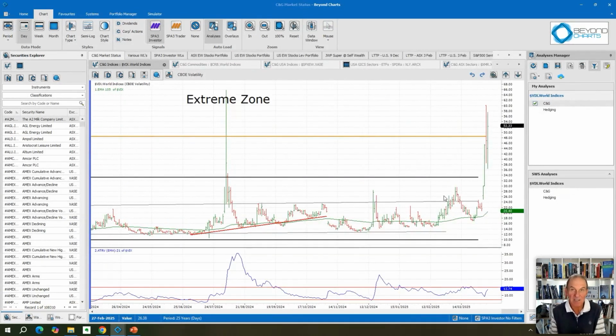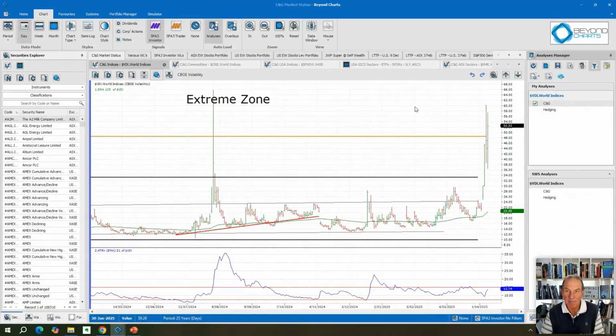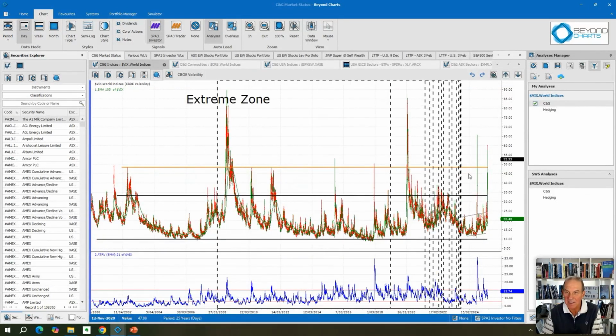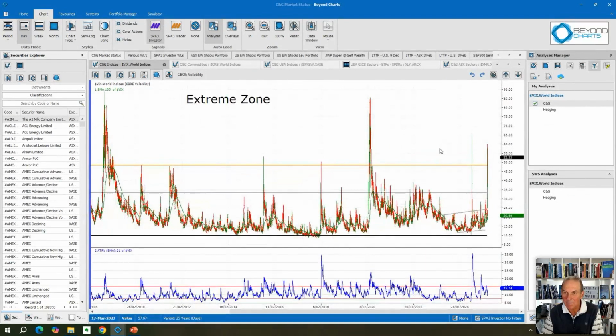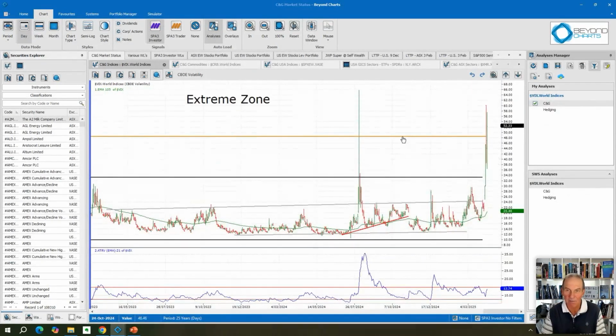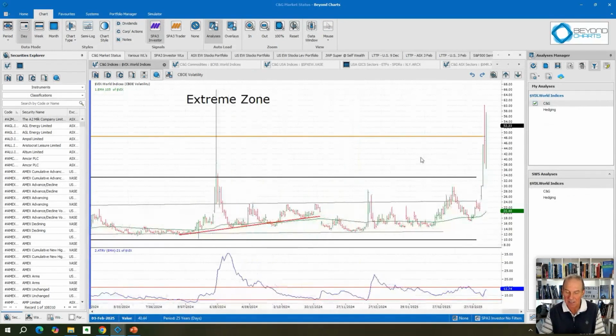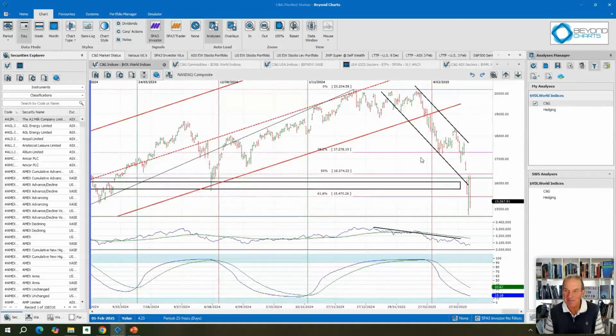The fear index, if you like, which is the volatility index, is up in the extreme zone. How often does it get there? Not that often. This is a 25-year chart. That's 2008. That's COVID, and now we find ourselves back up in this extreme zone. So what that's basically saying is that people are buying puts as a hedge against equity falls, so that is also a risk-off situation.